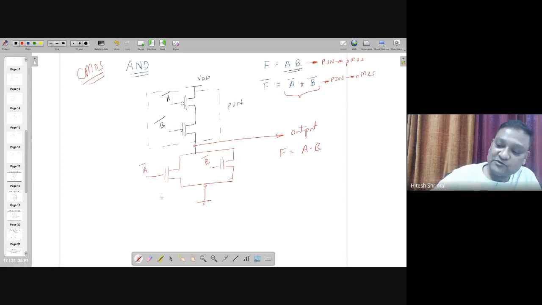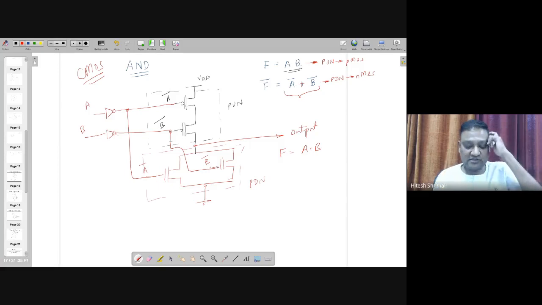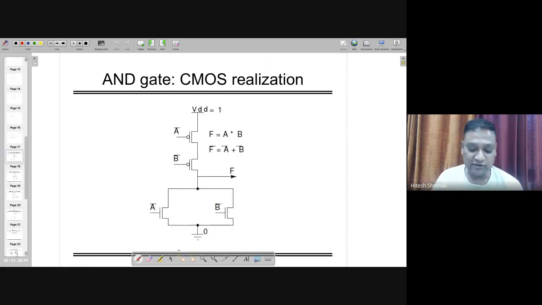So you can see that this is a CMOS AND gate. And with the fact which we have already talked about, it's based on the upside being the power up network and the down side being the power down network. When you are making that, we assume that A and A bar and B and B bar are available. If they are not available, you have to make two inverters, and you have to connect them here wherever it's required. Okay, so this is the complete circuit, if those A bar and B bar are not available, otherwise this is correct. So you can see here, this is the final solution.